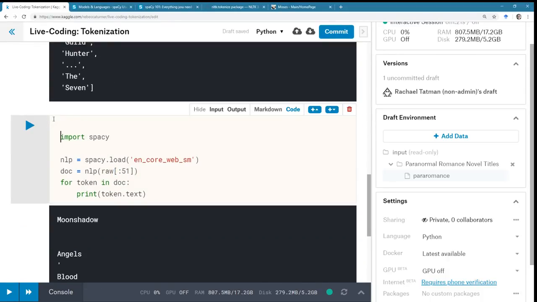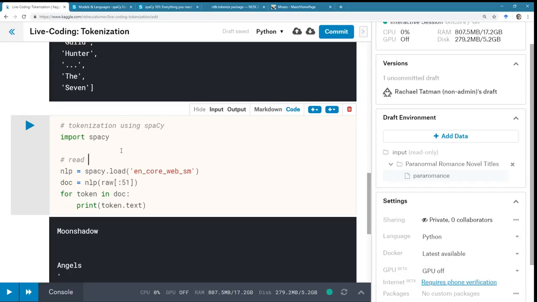So let's give this a little commenting. Ooh, that's not how you spell that. Tokenization using spaCy, just the C is uppercase. Read in our language model.